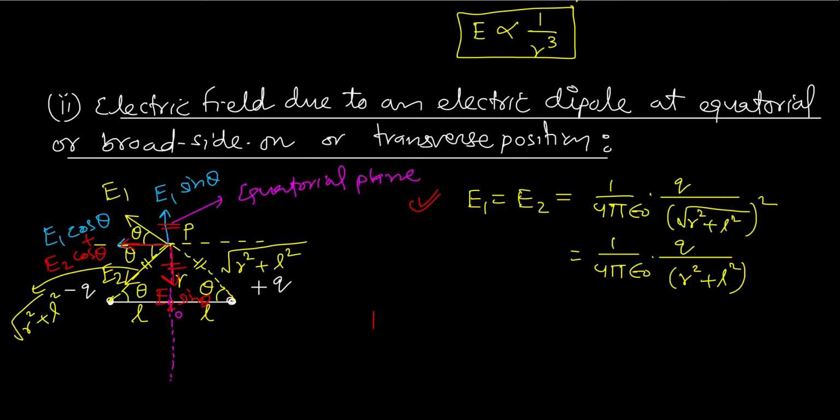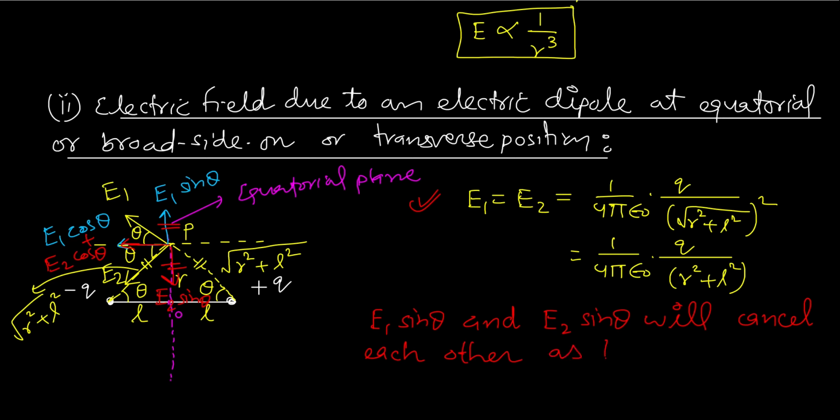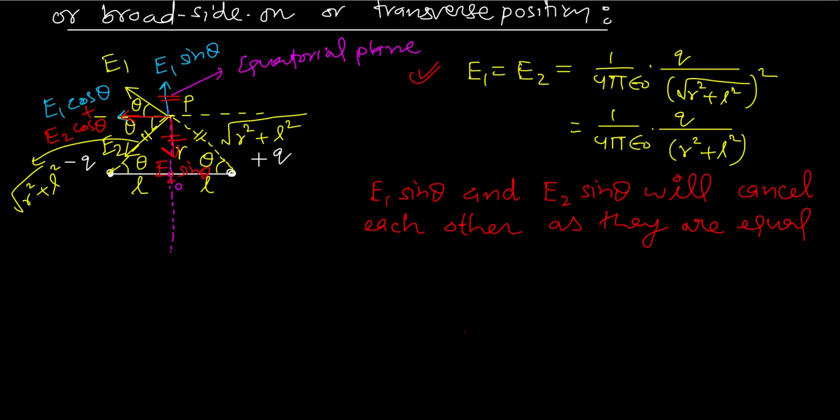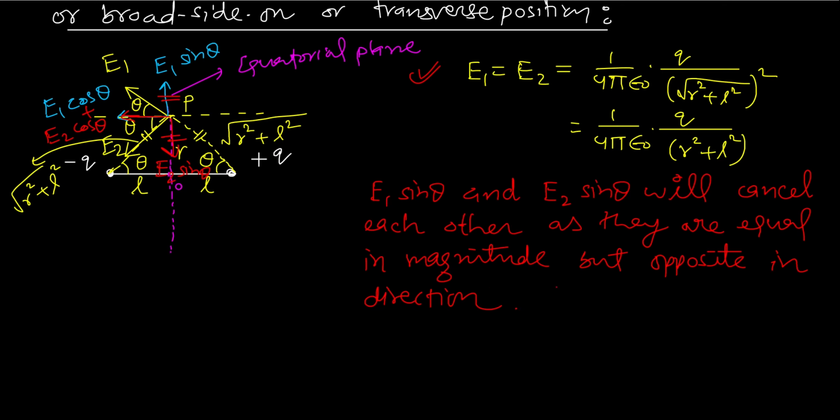So E1 sine theta and E2 sine theta will cancel each other as they are equal in magnitude but opposite in direction. Okay, so E1 sine theta, E2 sine theta, they will cancel, and the net electric field now